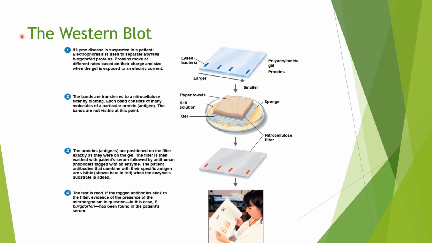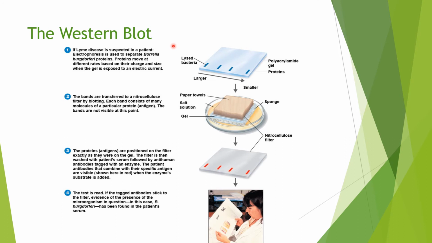Another method used is known as the Western Blot. This method is used to detect whether an individual has a specific antibody. And if they do have that specific antibody, that would be a confirmation that they were infected by that specific bacteria. So let's say we're wondering whether a patient was infected by bacteria A. So we go ahead and we actually get bacteria A